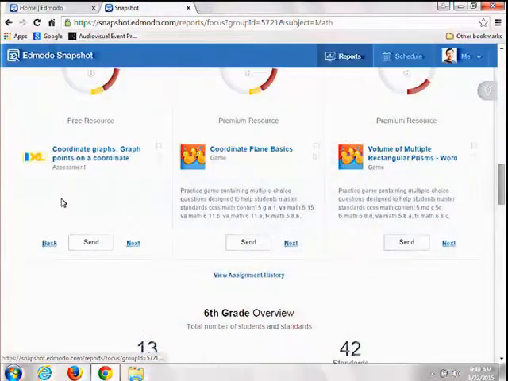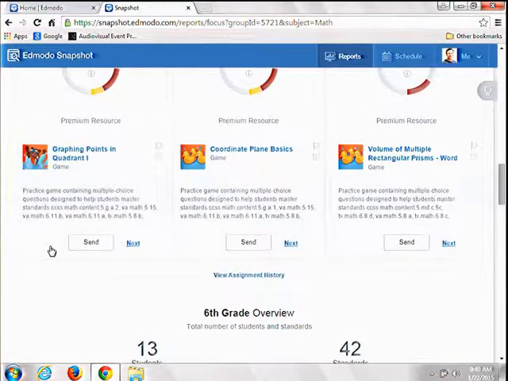We're suggesting for each one of these standards, here are instructional resources within Edmodo that I could assign to these kids. I can scroll through here and find the one that I want. If I click on one of them, I can preview it.